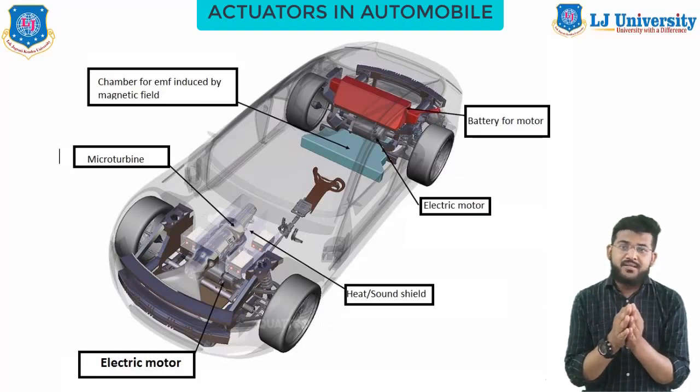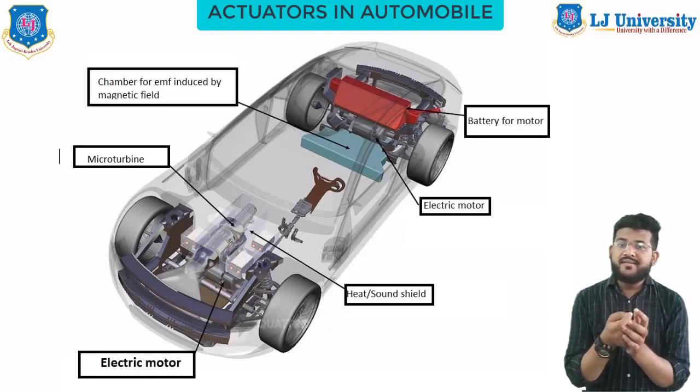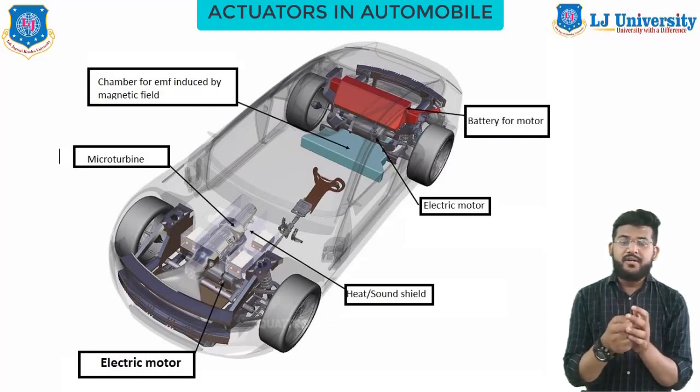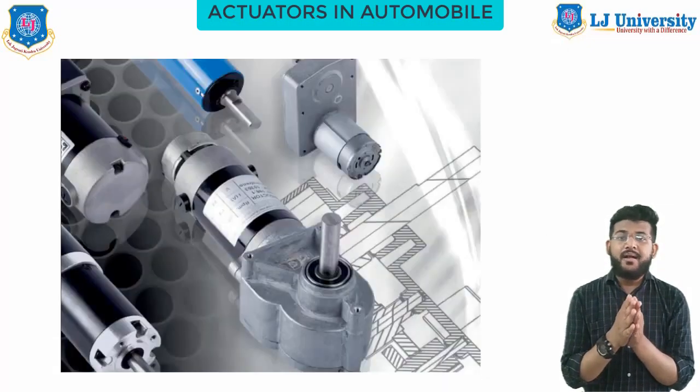So in many fields such as automotive, industrial automation, and protection systems, applications use different types of actuators with a pair of sensors, based on several factors like size, type of actuation needed, meaning linear, rotary, etc., reliability, cost, effectiveness, etc. So some of the electromagnetic actuators we are discussing today. Fine. First is the electric motor.